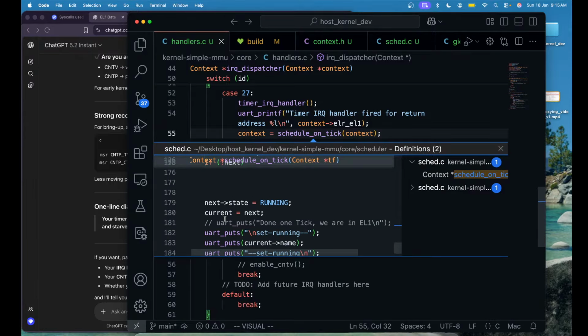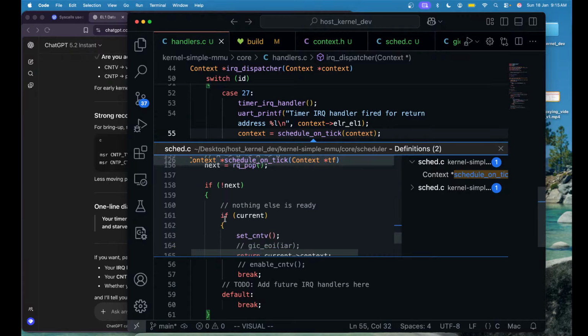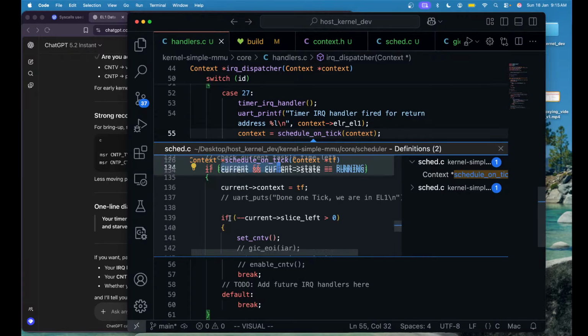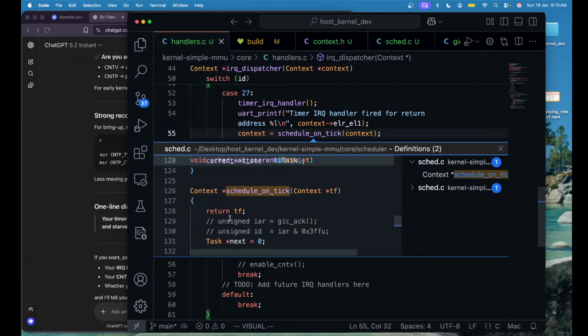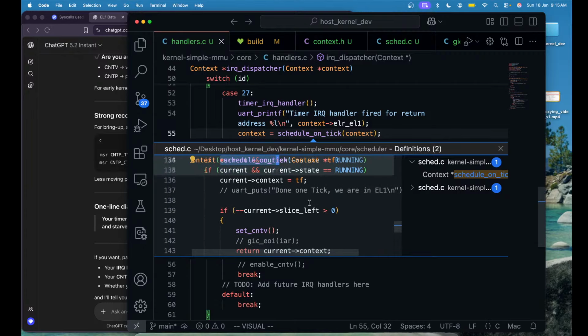But what I didn't confirm is that, for some reason, this function just did not work. So when I added a print message inside set CNTV, it was never called after the first IRQ was fired,